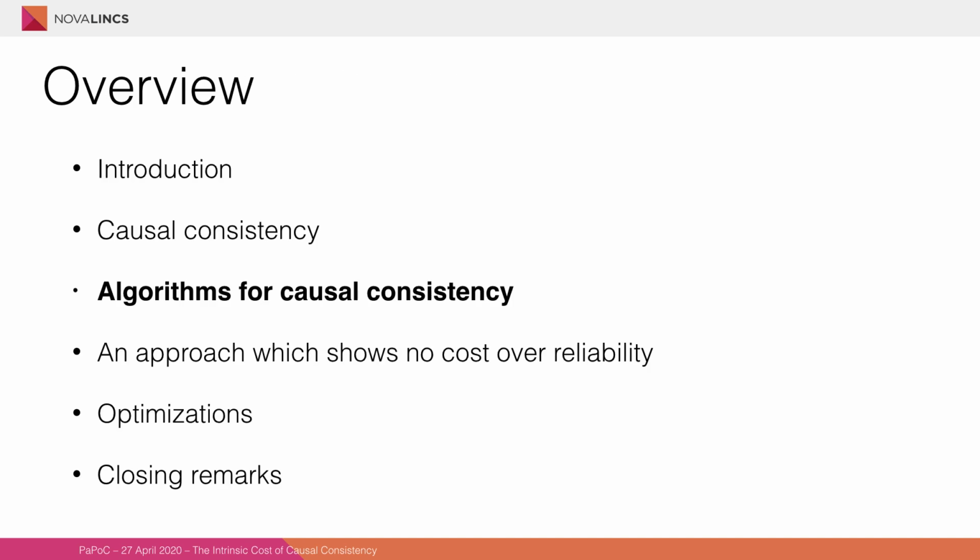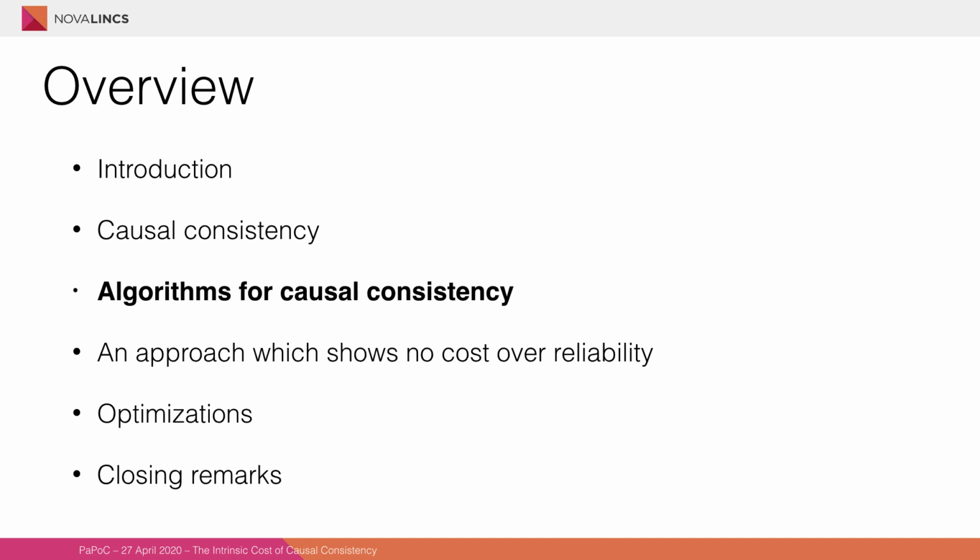So I've discussed briefly causal consistency itself. Now I'm going to show you some algorithms which can be used to implement causal consistency and their associated costs. Only then I'll go into an approach which shows that we can implement causal consistency without paying any additional cost